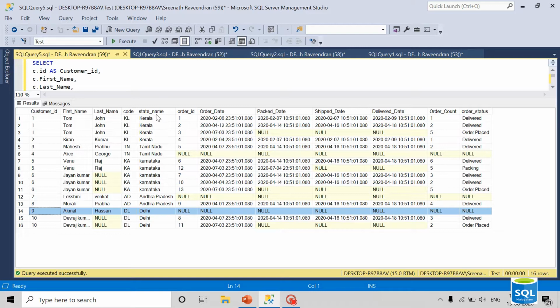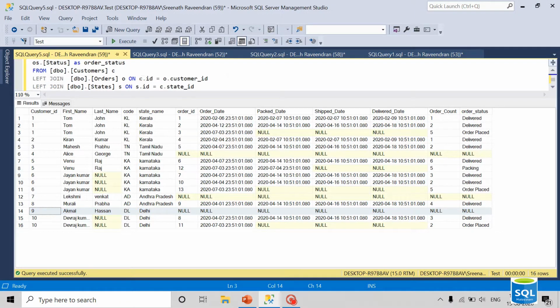So that's the use of left join: it will select all the records from the left table, and if there is a matching record based on this criteria in the second table, that will be selected. Otherwise, null will be selected for those columns.